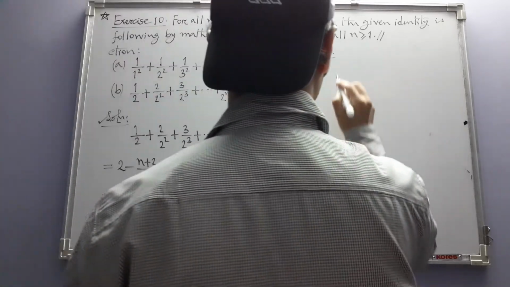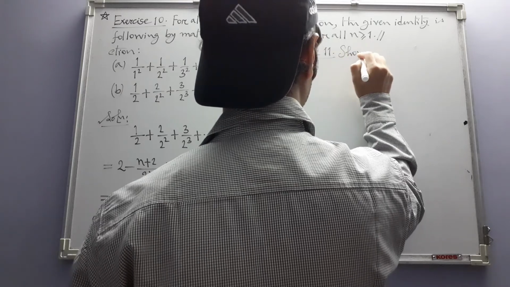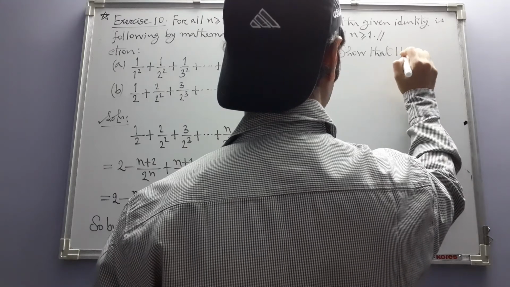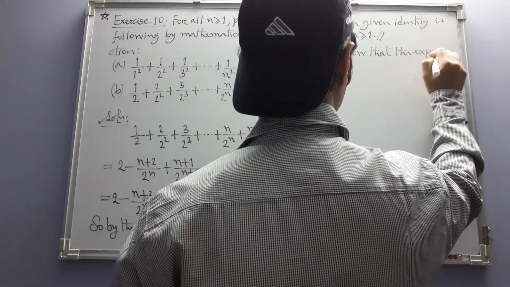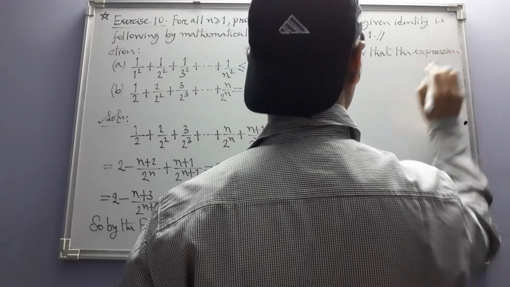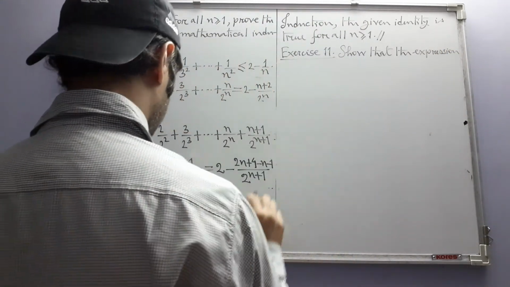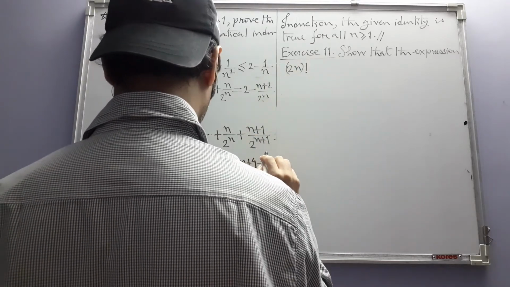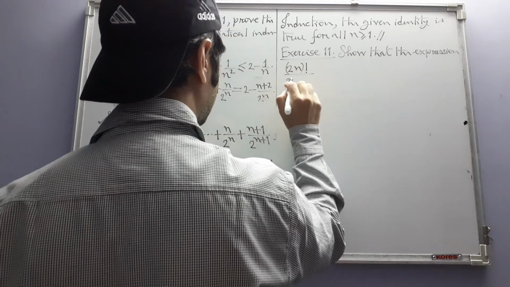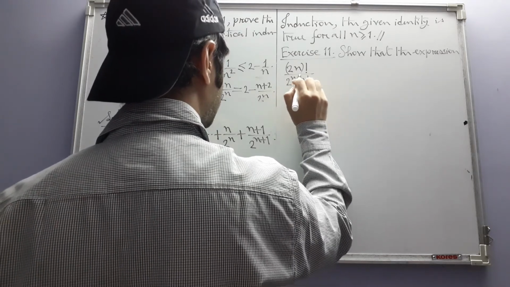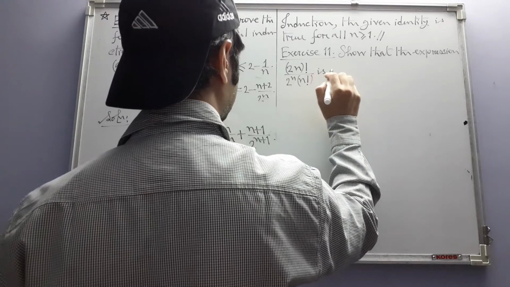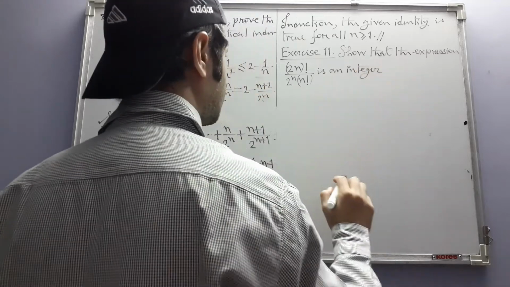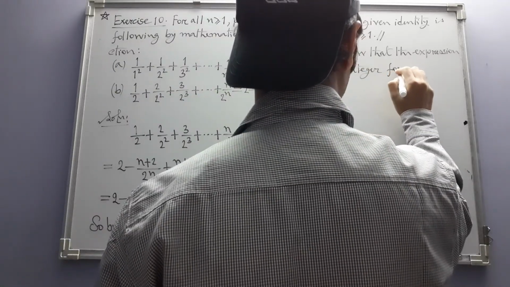Show that the expression 2n factorial divided by 2 to the power n times n factorial is an integer for all